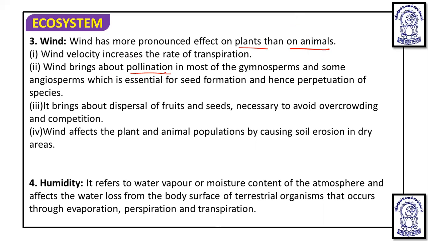Wind pollination is also known as anemophily in most gymnosperms and some angiosperms, which is essential for seed formation. Obviously, pollination will occur, then fertilization will occur, and then seed formation. Hence, perpetuation or propagation of the species is required. So this wind pollination is known as